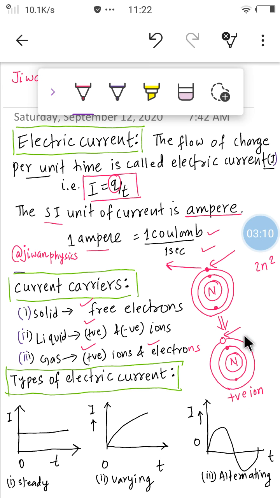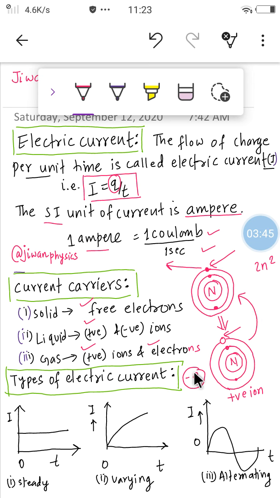Now why is it called a positive ion? Because there is shortage of one electron, meaning the negative character decreases, or we can say that the positive character increases. Now electron is removed, so we have free electrons also. So since the electron is knocked out, we get positive ion and free electrons. Clear? Now this positive ion can accept electron and can change back into neutral atom.